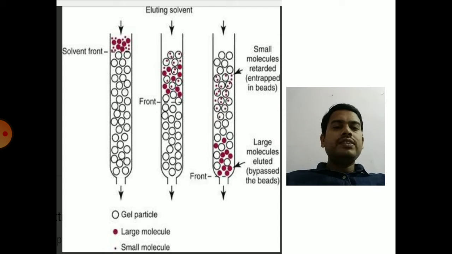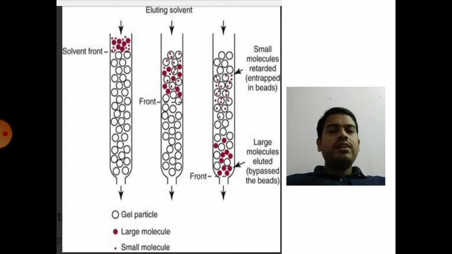There is a little difference between the molecular exclusion and gel filtration chromatography techniques. Both are carried out in a column where the packing material will be the stationary phase, the column is the solid support, and the solvent that is used for the elution of the sample molecule will be the mobile phase. You can clearly see the glass column, it will be packed with stationary phase, and then you will be applying your sample at the top of the stationary phase.